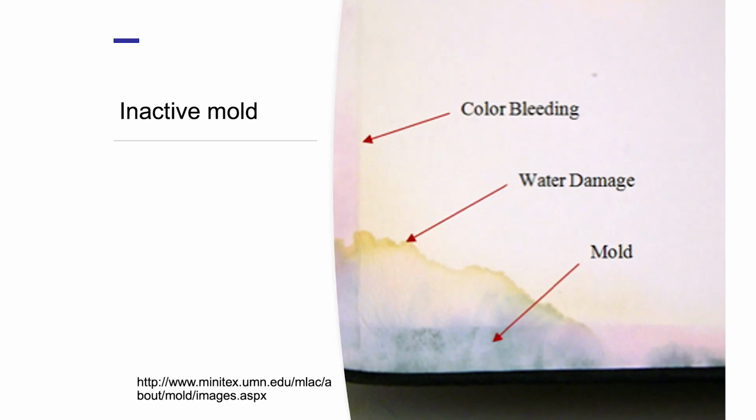As you can see, there is a tide line that indicates water damage at some point in the past. This is an indicator that you should inspect the item further. You can see mold staining, meaning mold has bloomed in the past and left behind spores in the fibers of the end papers, which are waiting for opportune conditions to activate bloom again.